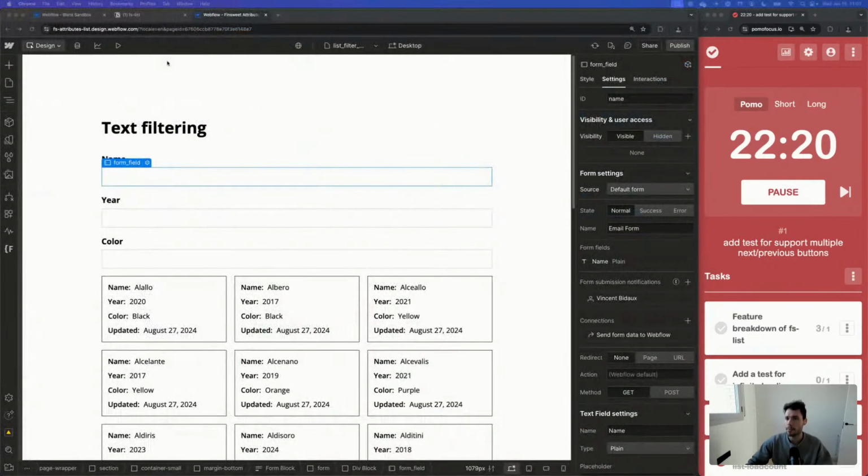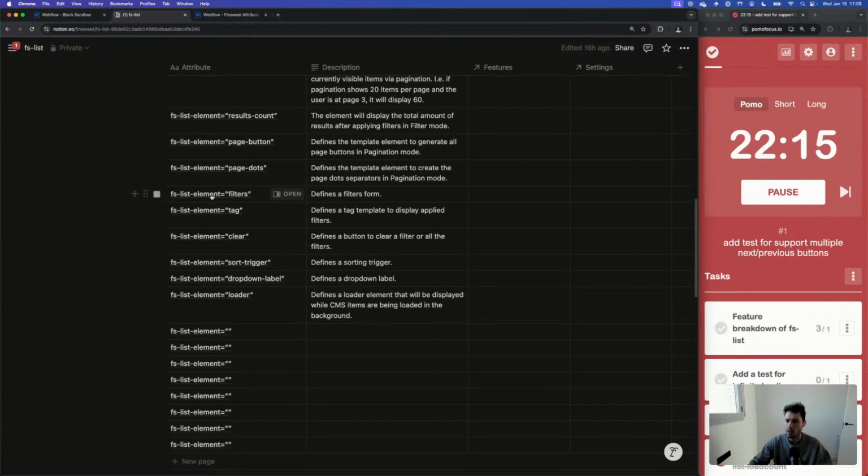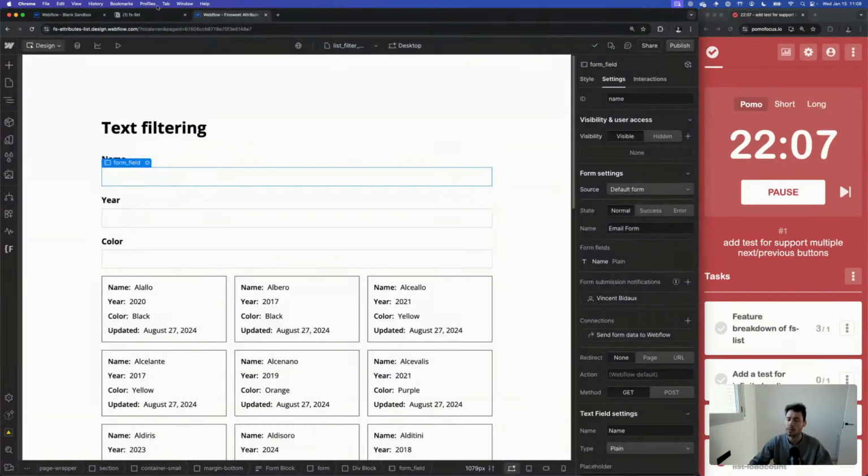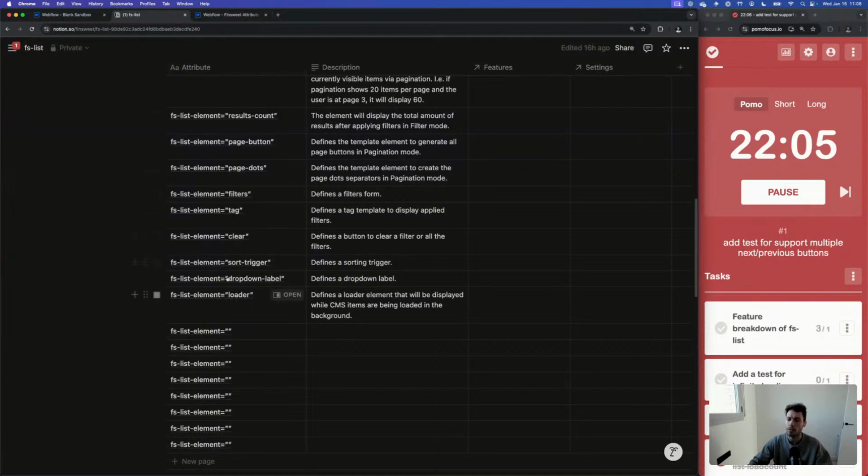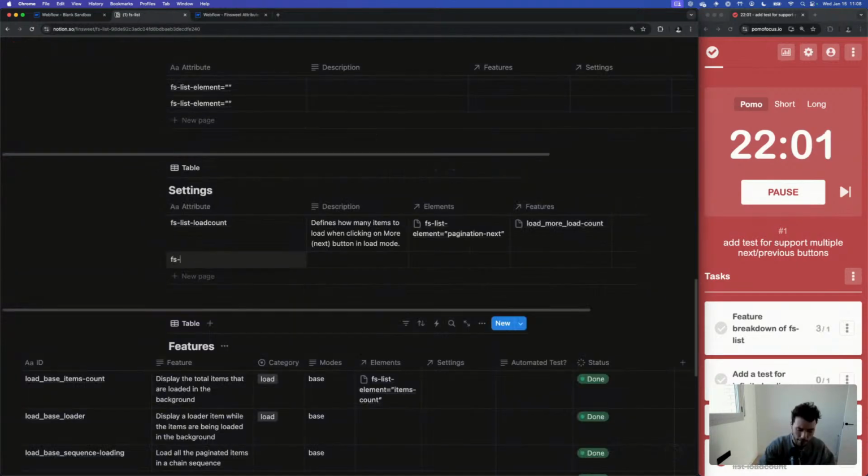So that means that in here we've got the element filters, all good. We can also test the clear one as well. That's gonna be helpful, the clear button. And in here, we're gonna list the FS list field. And this is a setting that defines an item field.